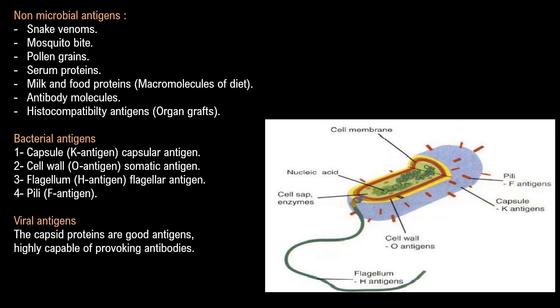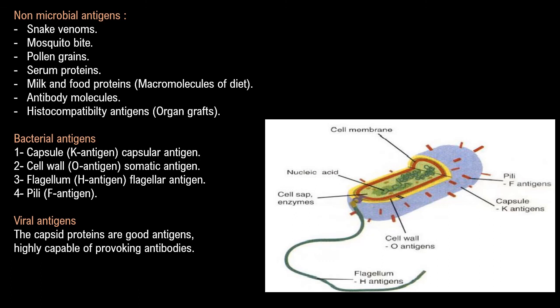It depends, and you may find that your body is tolerant to some of these food or milk proteins, and you may find that your body is sensitive to these proteins. Next are antibody molecules, other antibody molecules, then histocompatibility